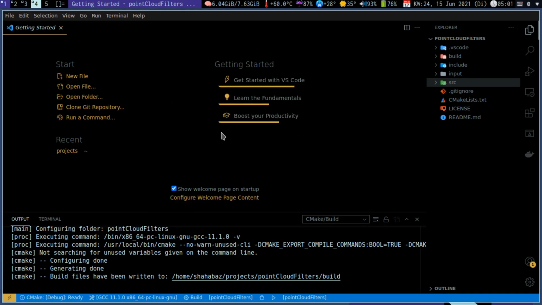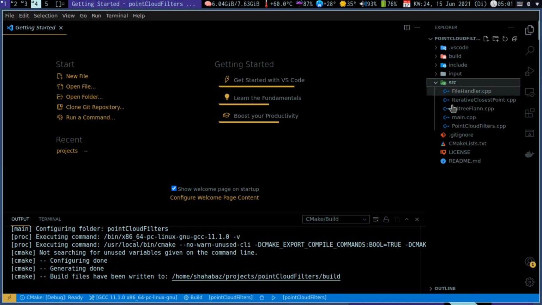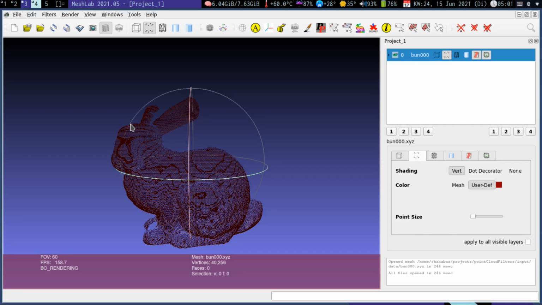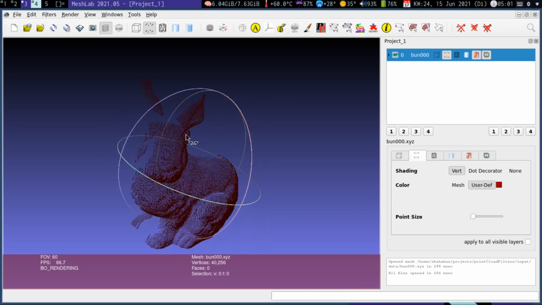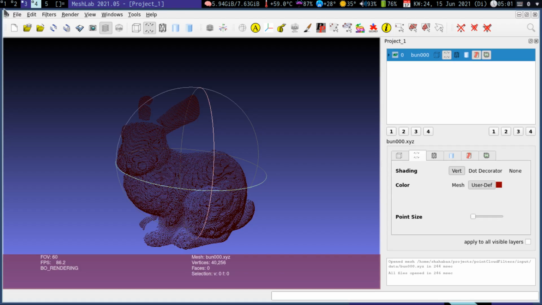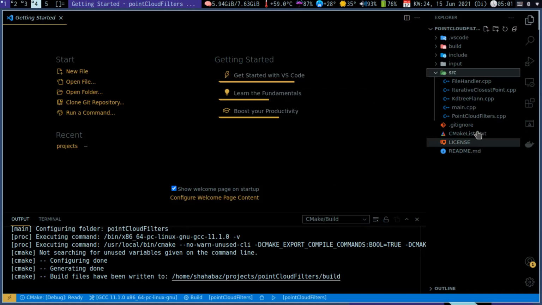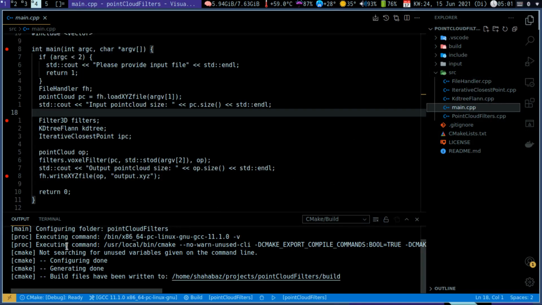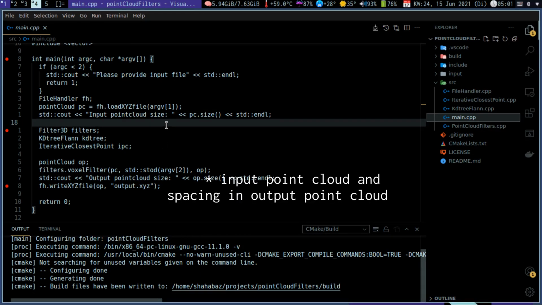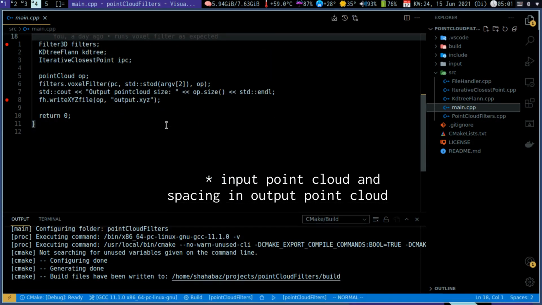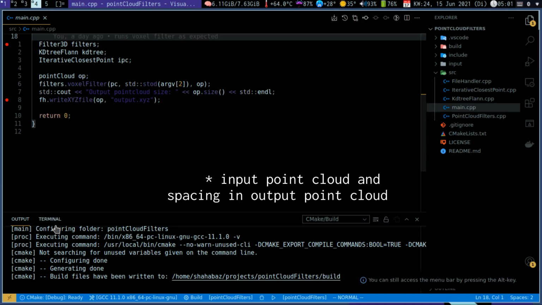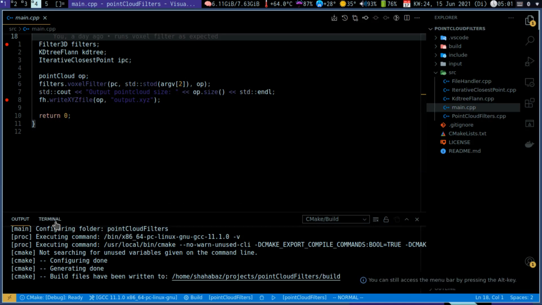This project, what I'm going to show today, is to modify the point cloud. So this is a point cloud, and we can modify it. In this one, you just need to provide the input point cloud and output point cloud. So if you go to the terminal,